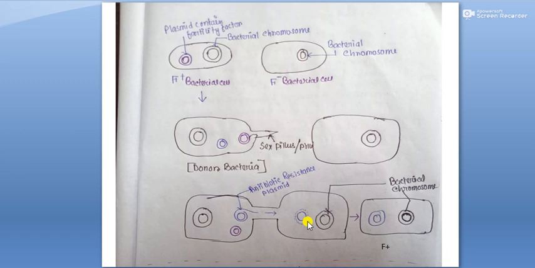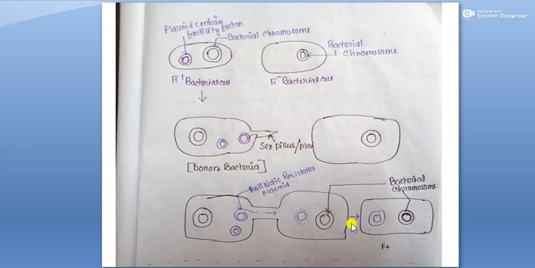into the recipient cells, but it is first cut at the origin of transfer of this F plasmid and a single strand is formed. Those single-stranded fragments enter into the recipient cells. After receiving this genetic material from the donor cell, the recipient cell goes through the recombination process. Through this recombination process, they can create the double-stranded plasmid, and the recipient cell is then converted into an F plus cell.